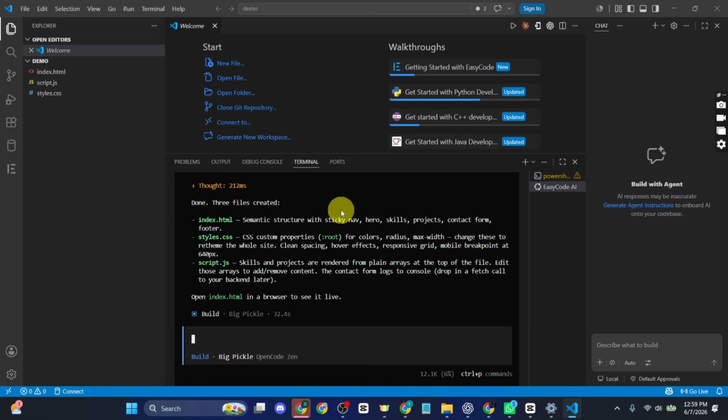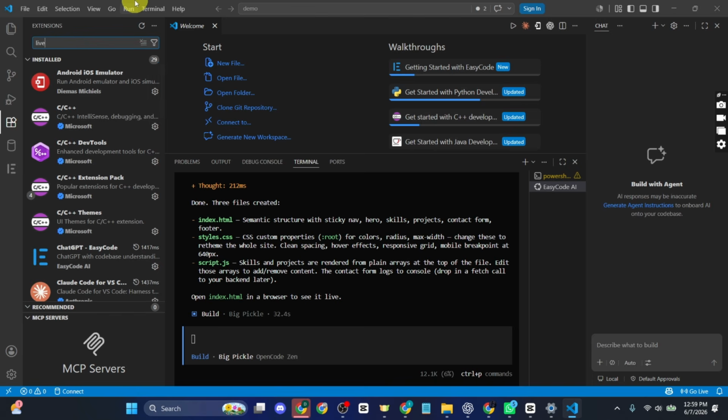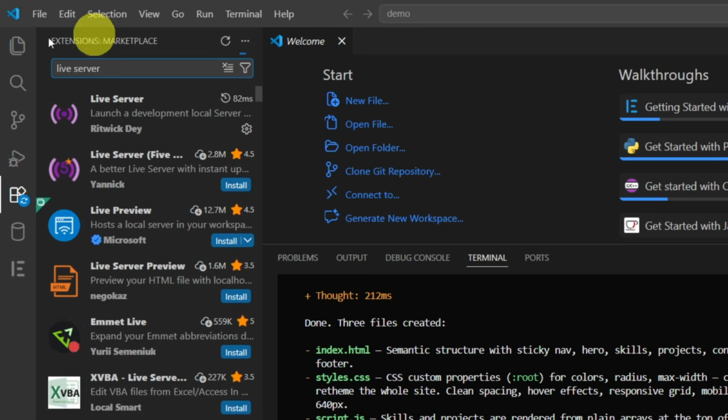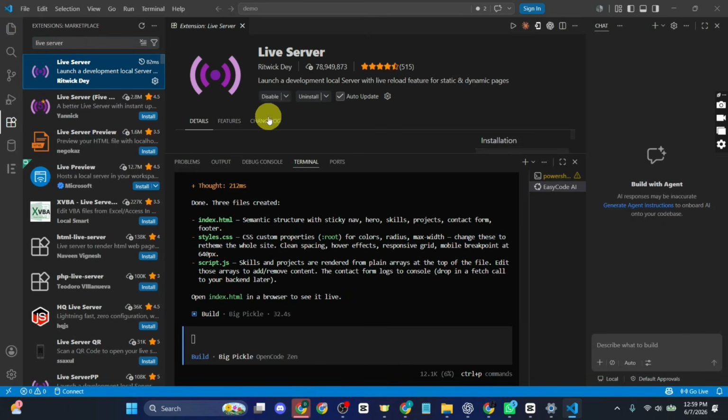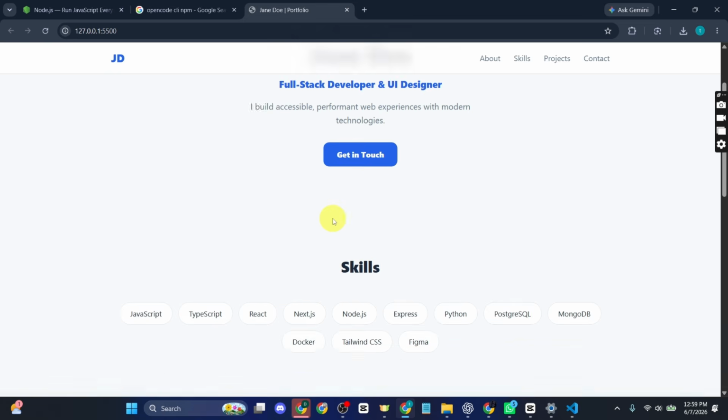Now once finished, to preview your project, go to the extensions tab, and in the search bar, search for live server and hit enter. Now install this particular extension, and as for me, I have already installed. After installing, you'll see the go live option at the bottom right corner. Just click on that, and your portfolio website will now open in the browser